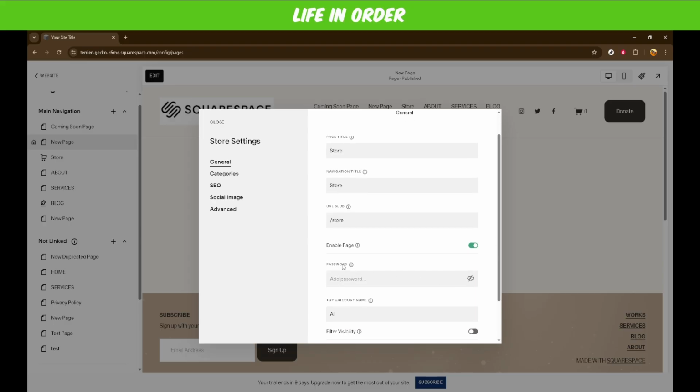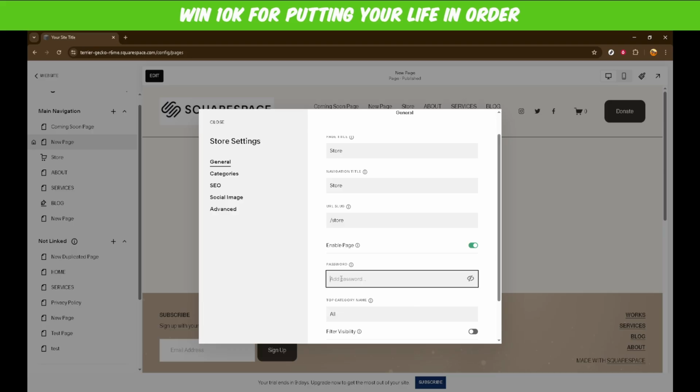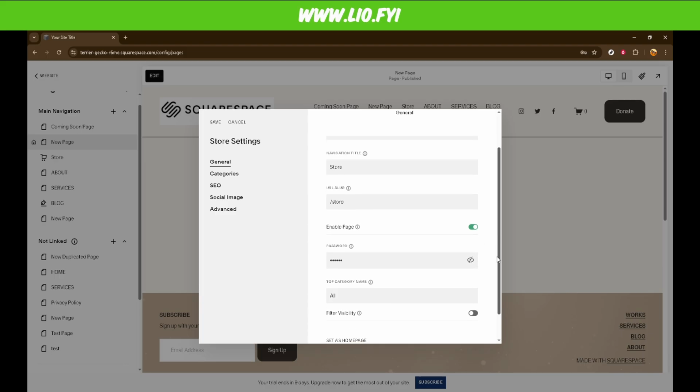Now, proceed to click on Add Password. This feature is designed to help you protect your pages, making sure only those with the password can view or edit content. Adding a password is a simple way to increase your website's security and control access to specific sections of it. Once you've clicked on the Add Password option, a field will appear where you can type in your